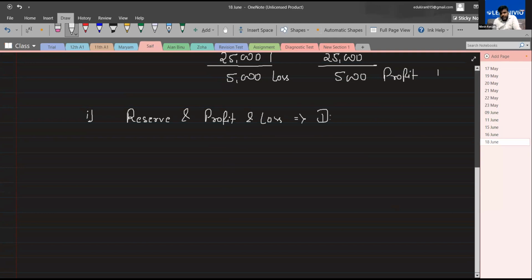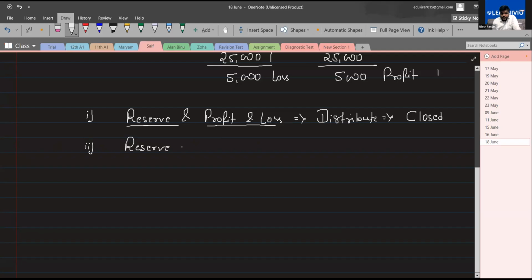If you distribute it, then it means the account will be closed. Because if there is no balance in the reserve account and no balance in the profit and loss account, then why keep the account open? It will be closed. And in the second situation,